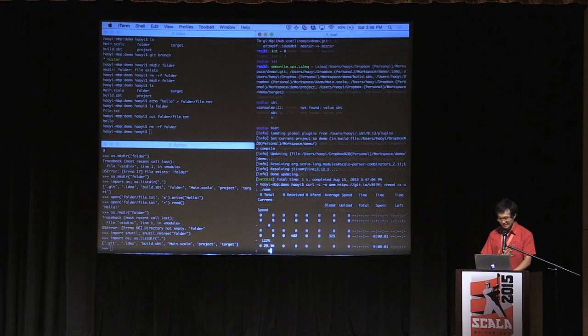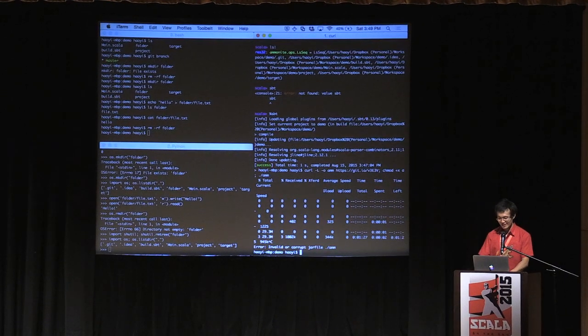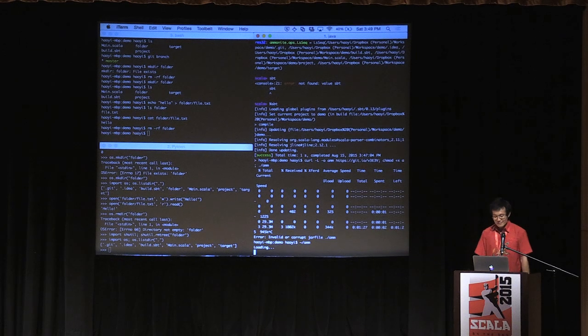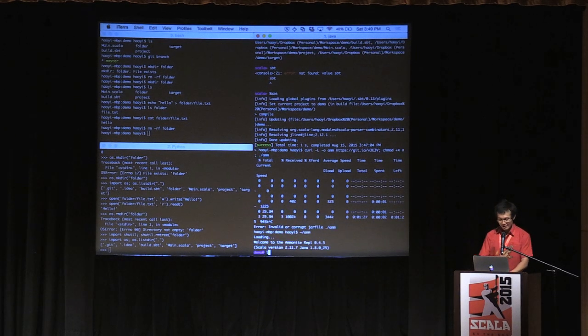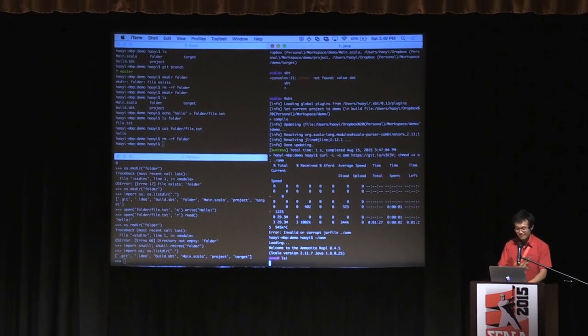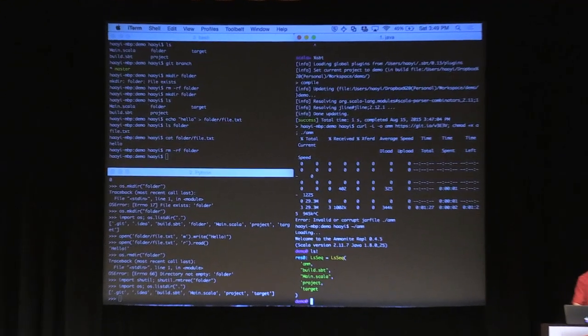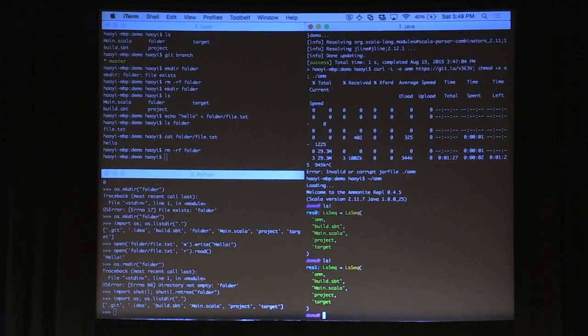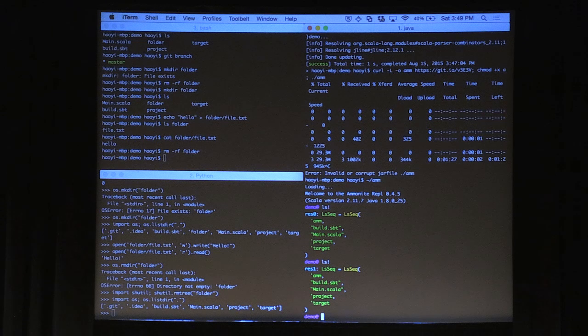So that's going to take a while. So I'm just going to use one I downloaded earlier, which is in my home folder. It takes a moment to load, and here we have our Ammonite-REPL. You can see the first few compiles are slow because the Scala compiler is very slow, and the Ammonite-REPL does not fix that. But immediately you can see that the Ammonite-REPL pretty prints things much nicer than the Scala REPL does.